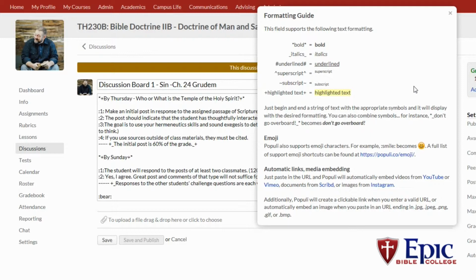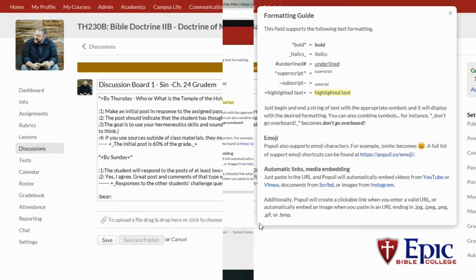And if you want to combine those, you just put them together. And it gives you an example right here, asterisk and the underline sign. So don't go overboard like that. See? And then if you want to use emoji,